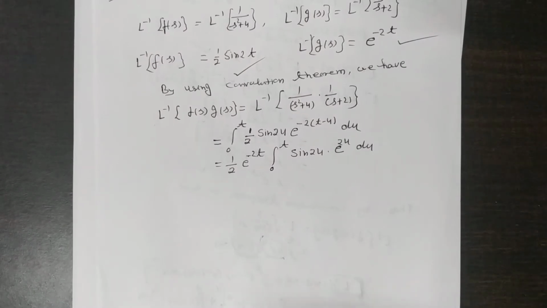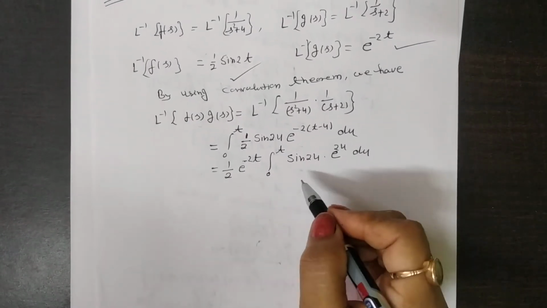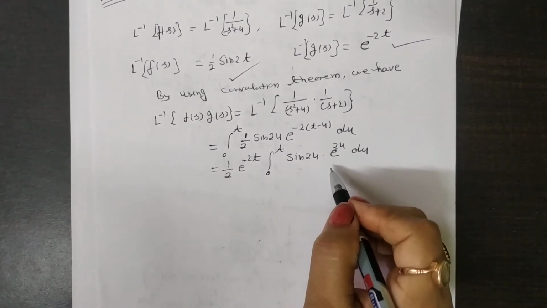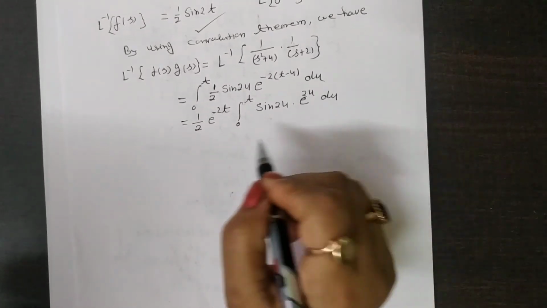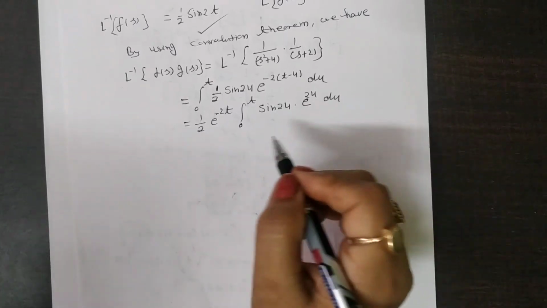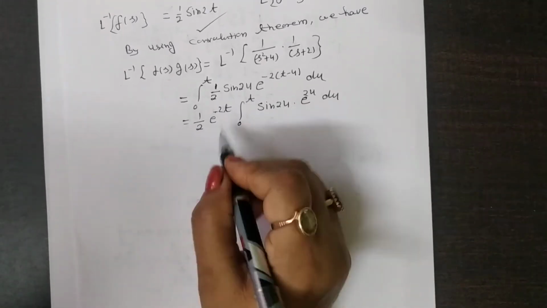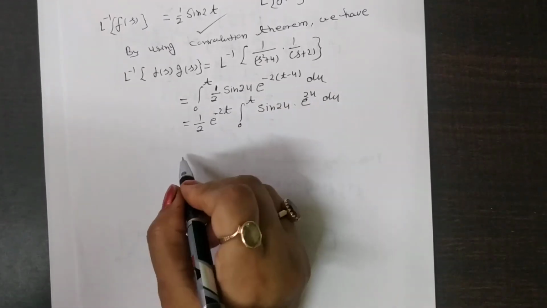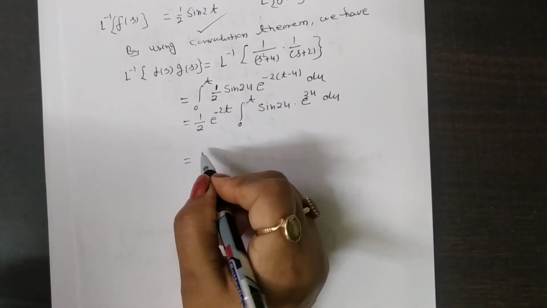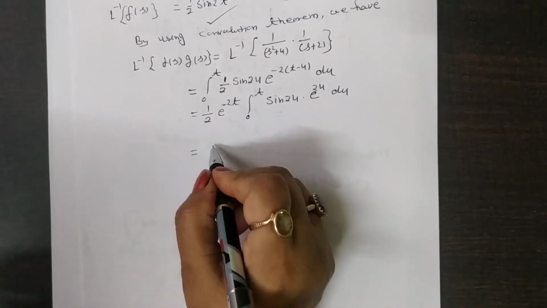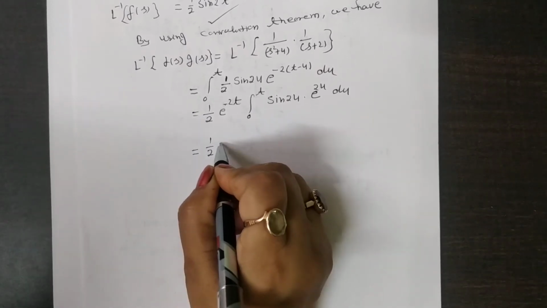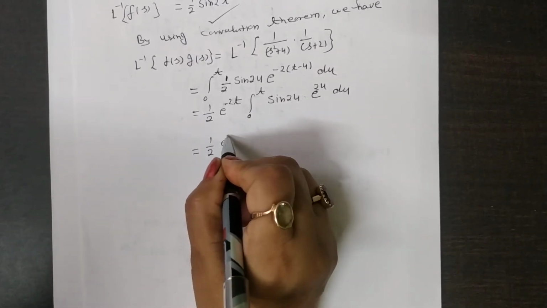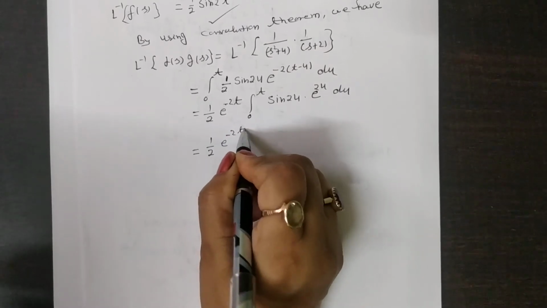Now you remember the integral of e to the power ax sine bx. You know this result, or you can operate by the reduction method. Earlier I defined this property in another example. So integrating this, you get 1 by 2 e to the power minus 2t times